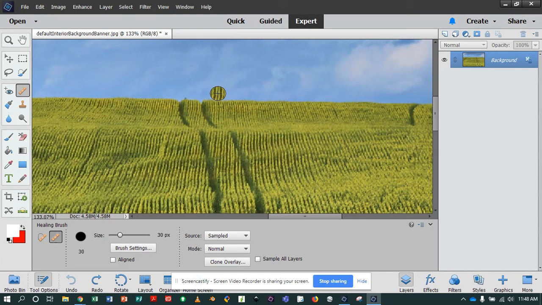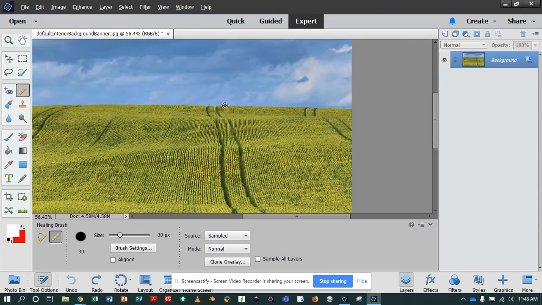Remember that the pixels within that selection you choose have to be kind of relatable or similar to the pixels you're replacing. You can remove objects from a uniform background, such as an object in a field of grass. In this case, I'm looking at a farmer's field with big tractor trailer tracks and just thought, what would it look like without those? So the idea here is to choose the healing brush over here on my enhancement area